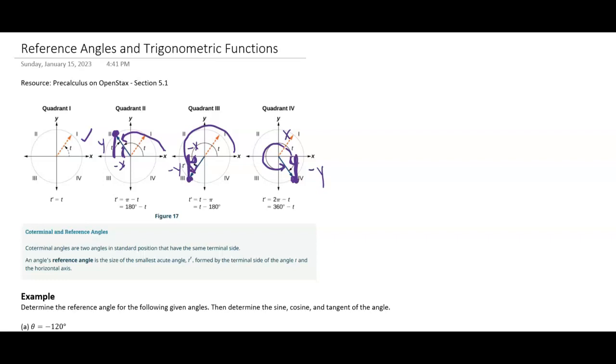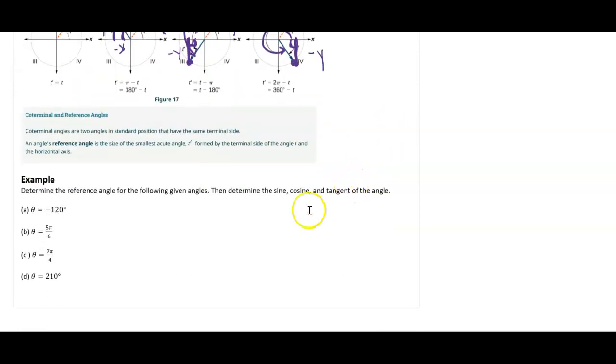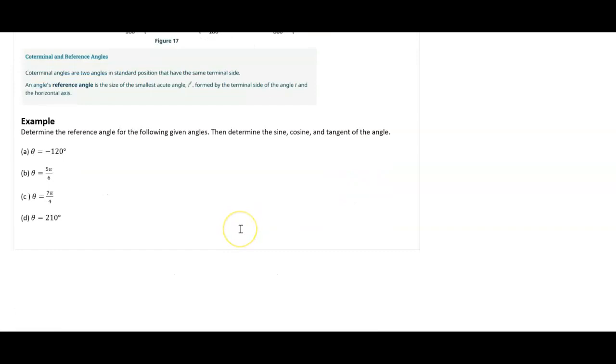And so that way we can track any of these obtuse angles back to an acute angle, and we know trigonometric functions of acute angles, specifically our 30, 45, and 60 angles. So in this next part, we're just going to look at the different reference angles, and then we're going to find sine, cosine, and tangent of that angle. So here in A,